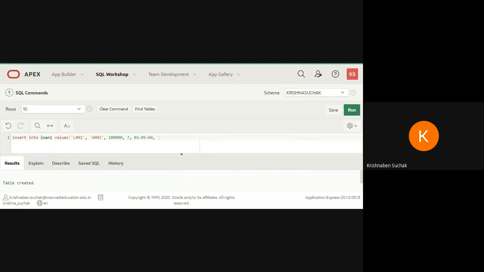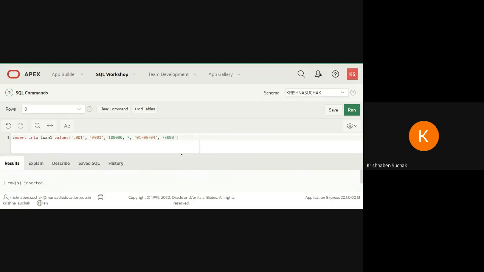And the date we have to write in inverted commas. So remaining loan, that is 75,000. Again, that is a number, so we do not need inverted commas. Then I will go for run. It is showing me that one row is inserted in my table loan1.